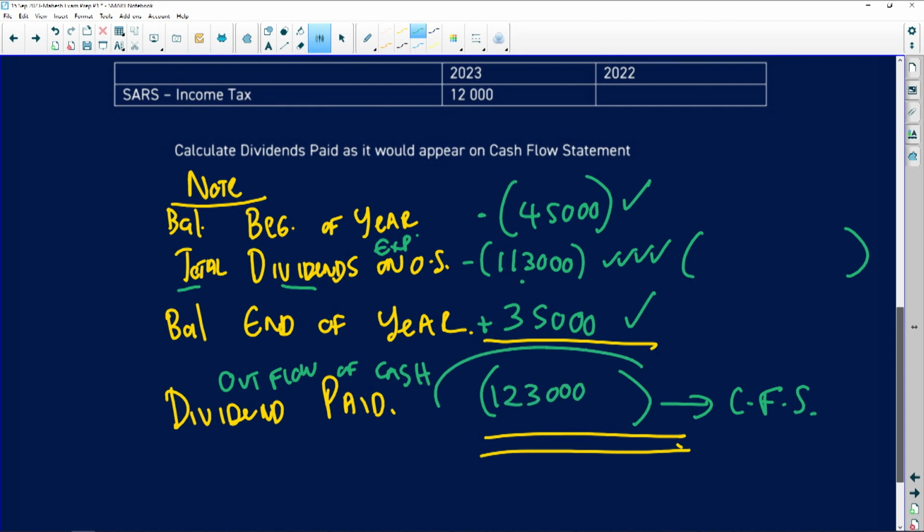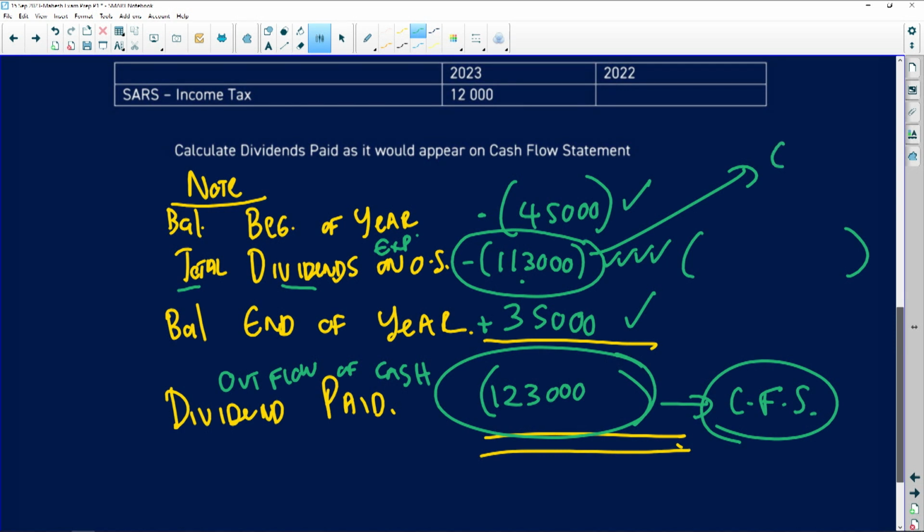Okay. And this is the amount that we take to the cash flow statement. Okay, so what we often find students doing is they often will put this amount. They show this amount in the cash flow statement, and that is incorrect. Okay, obviously you will get some part marks, but you don't want to get part marks, you want to get